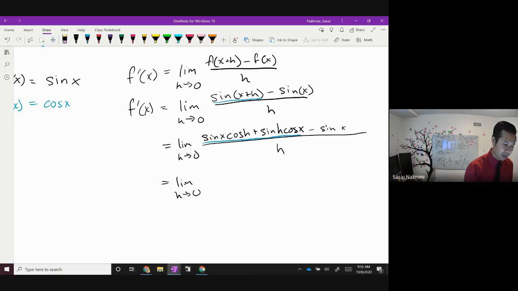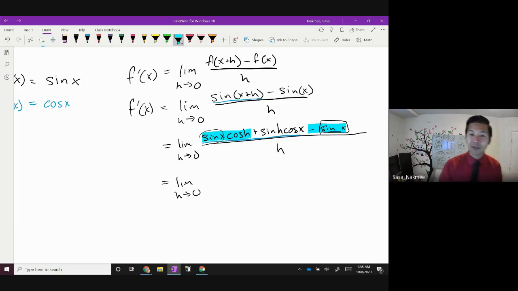I'm going to write that without the parentheses just so I can show you that this sine x right here looks a lot like that sine x right there, because they are the same. So what I'm going to be doing is grouping this term and this term together and factoring out a common sine of x. So I can group those together and factor out sine of x,